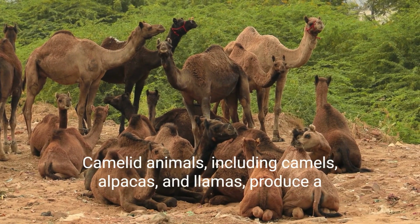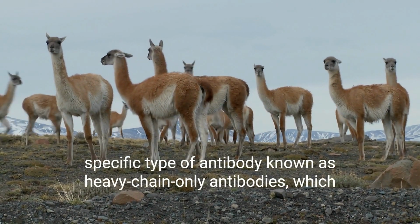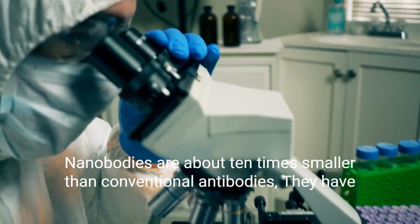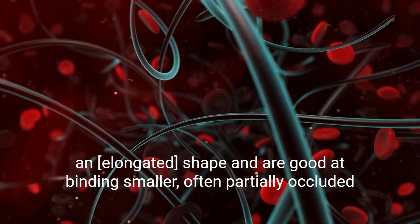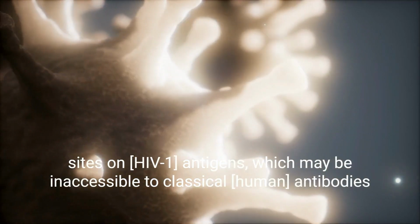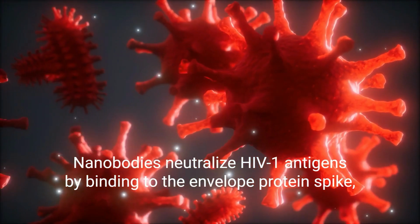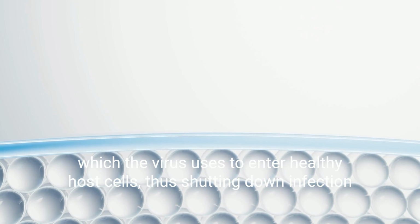Camelid animals, including camels, alpacas, and llamas, produce a specific type of antibody known as heavy-chain-only antibodies, which are the main source of nanobodies. Nanobodies are about 10 times smaller than conventional antibodies. They have an elongated shape and are good at binding smaller, often partially occluded sites on HIV-1 antigens, which may be inaccessible to classical human antibodies. Nanobodies neutralize HIV-1 antigens by binding to the envelope protein spike, which the virus uses to enter healthy host cells,